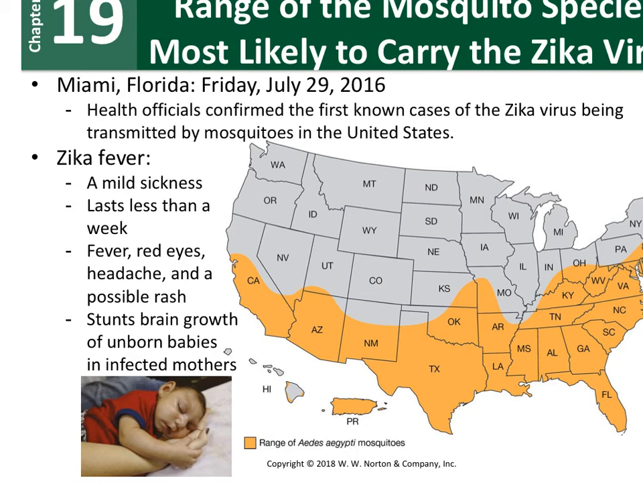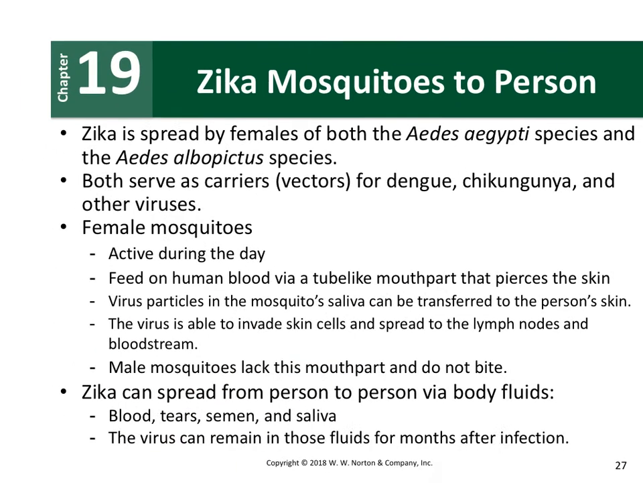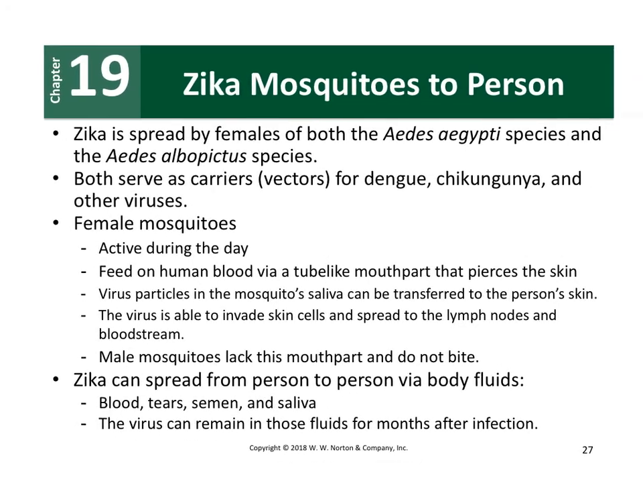So officials confirmed the first known case of Zika being transmitted by mosquitoes in the United States on July 29th, 2016. Okay. So,